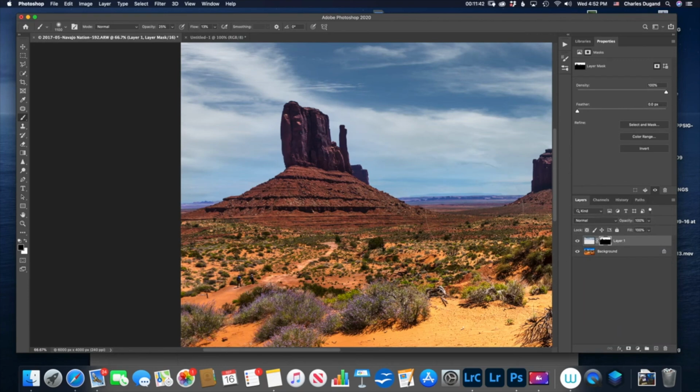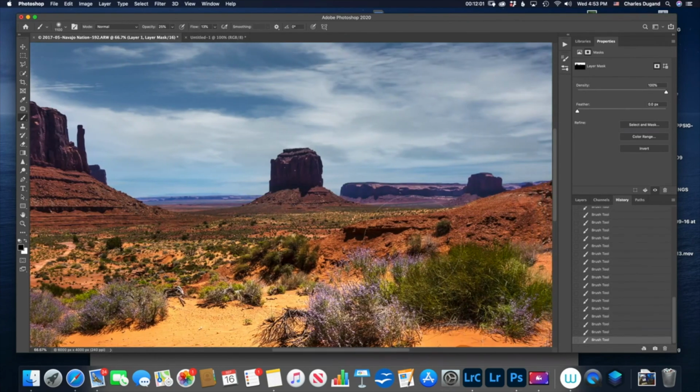Okay, now for example, if I hadn't done that brushing, let's go back to the history panel and go back to before I started brushing here. Okay, I did too many brush strokes, but let's go way back to the beginning. See, it did hide it a little bit more. When you're starting to blend in skies, using a nice soft brush and the edge of the brush to get rid of anything along the horizon, I can do that a lot more